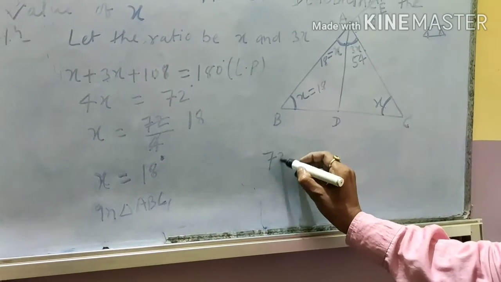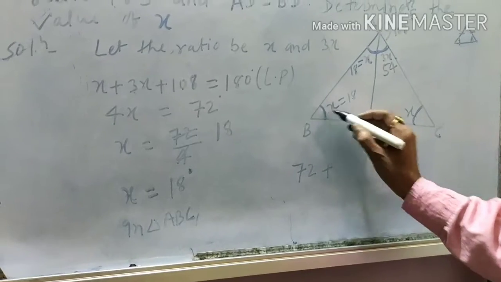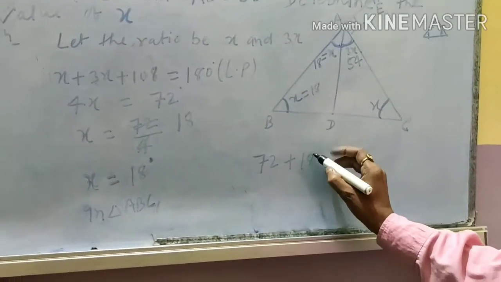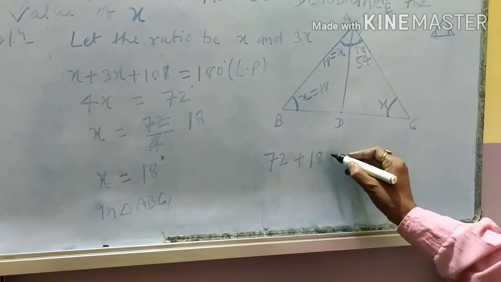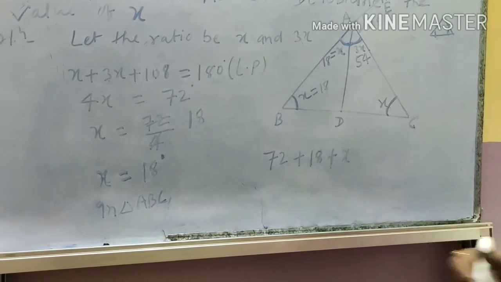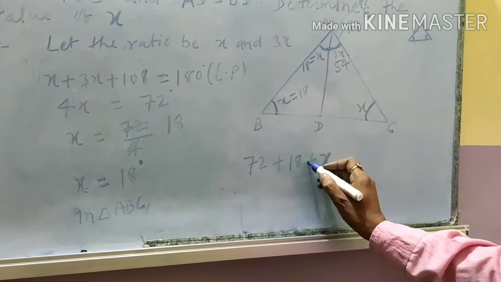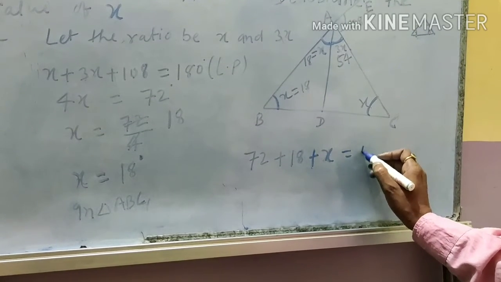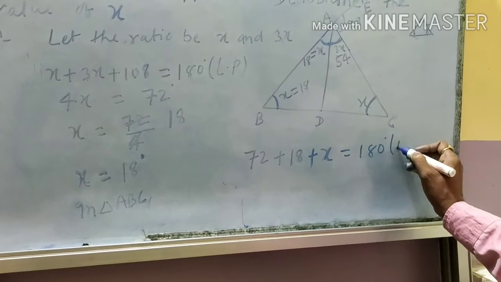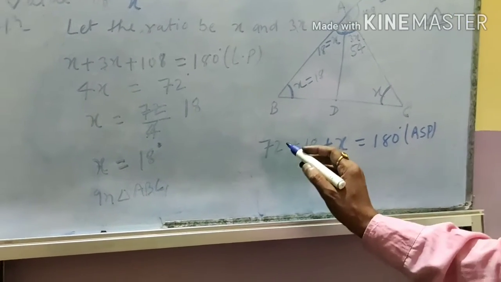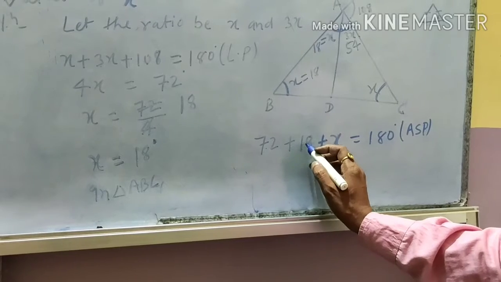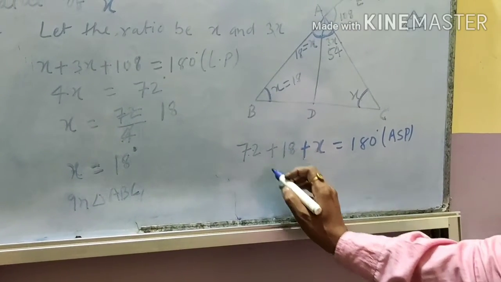So we can write here 72, plus this angle 18, plus this value x is equal to 180 degree by the angle sum property. So 18 plus 72 is equal to